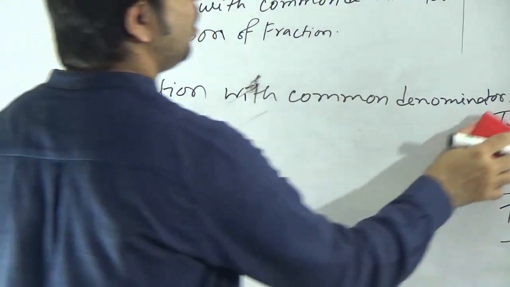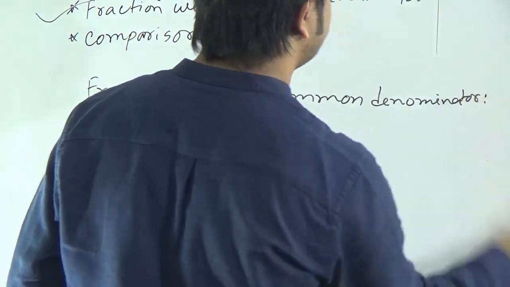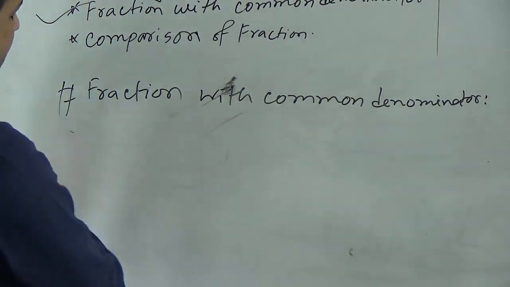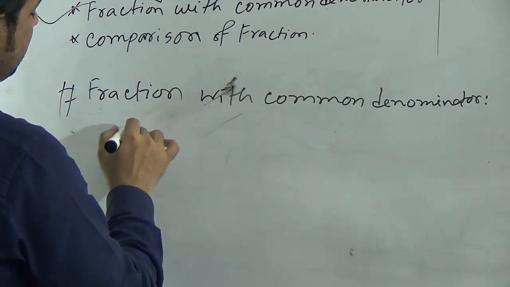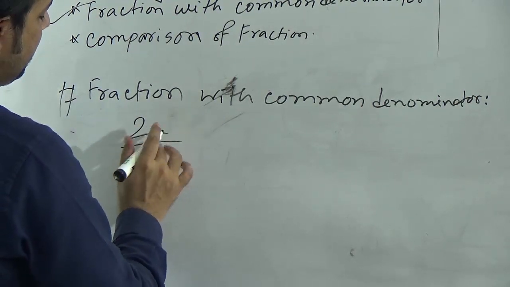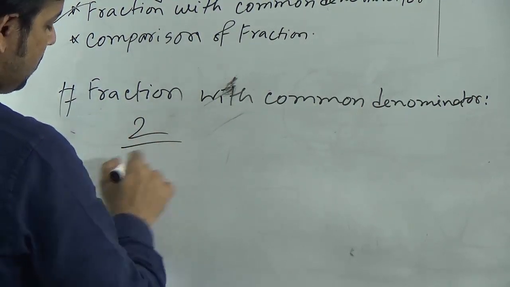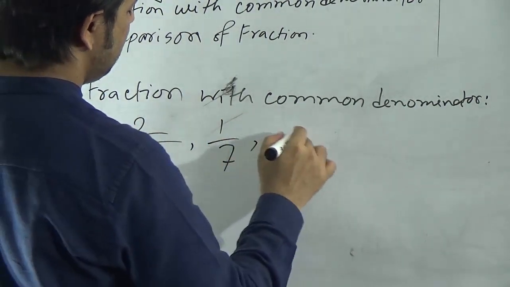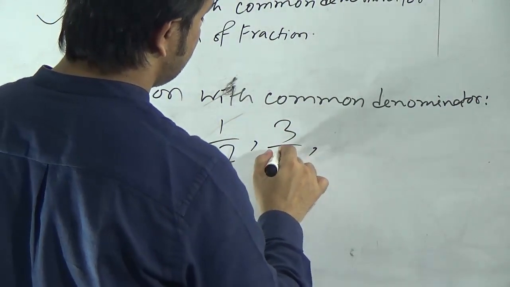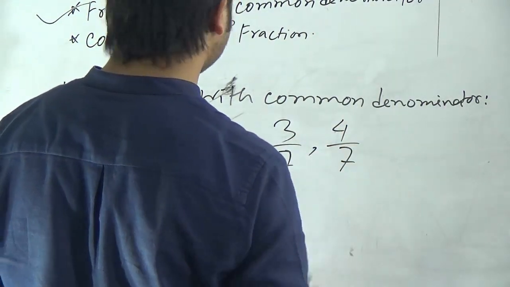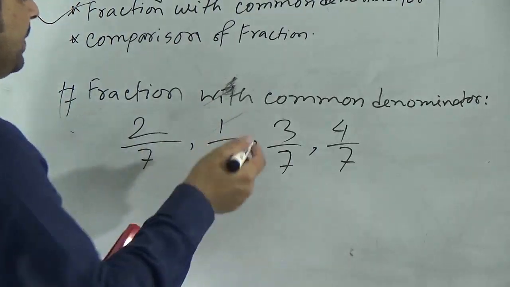Fraction with common denominator. If I write here some fractions, 2 by 7, 1 by 7, 3 by 7, 4 by 7. If you observe this fraction,